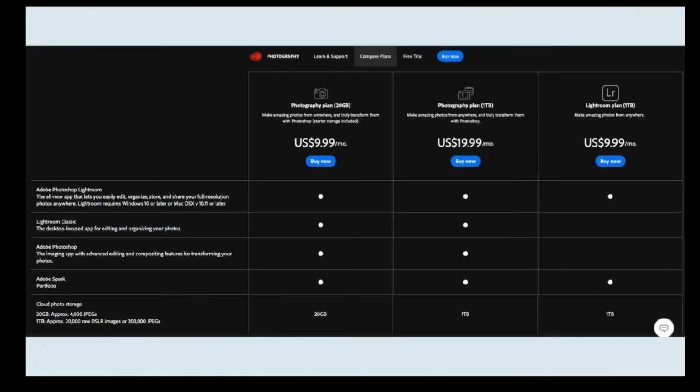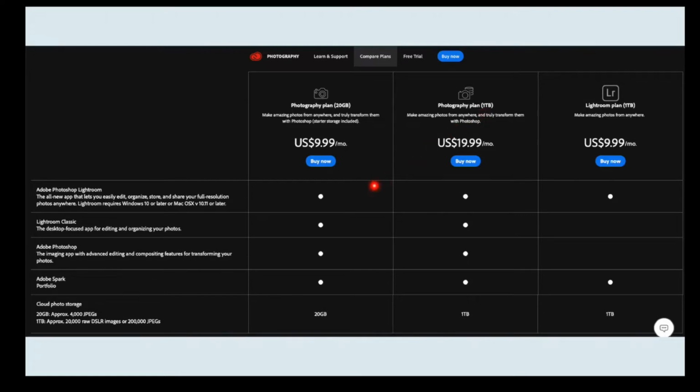And this is on the photography page. So most people are looking at the Creative Cloud page where it's listing this $19.99 number here. But if you go to the photography page, I'm still seeing the $9.99 plan here with the 20 gigabytes. So this is the old plan that people used to be able to get for $9.99 a month, 20 gigabytes of cloud storage, which of course, if you're storing raw files, 20 gigabytes is not a lot of storage at all. But this updated plan is the 1 terabyte plan, and you can see it's all the same things except